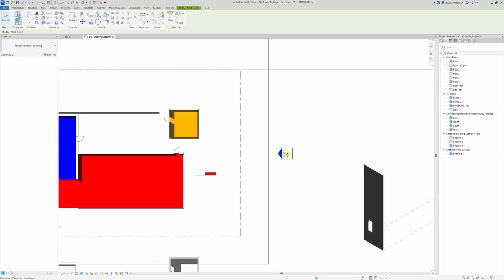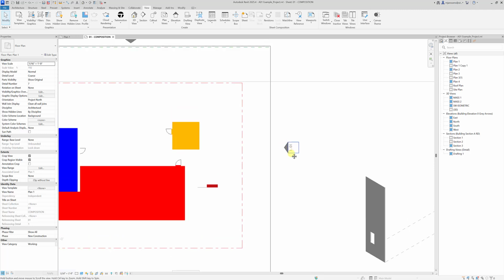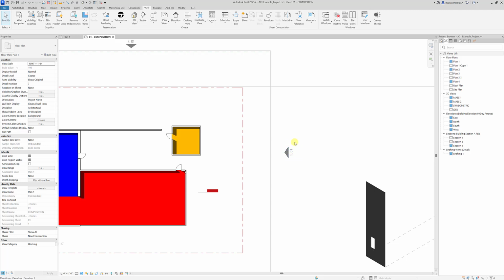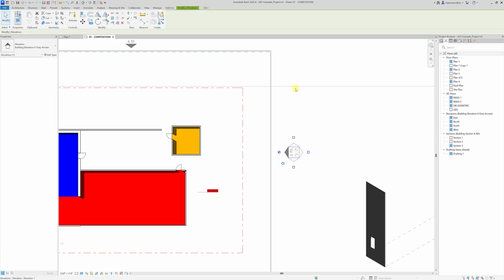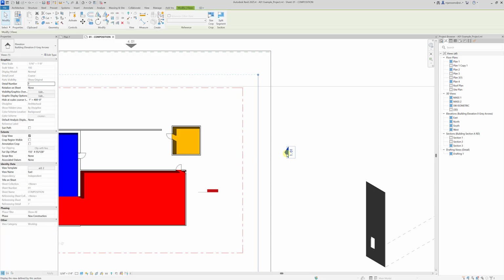You can move this around, this square. So if you click and drag, this is just changing the location of the tag itself. So this is more of the annotation. It's just sort of lines on a page. It doesn't really represent any sort of scope box or anything for this elevation, because multiple elevations can be hosted on it. Now if we hover over the arrow itself, you can see there's a number associated with it, and